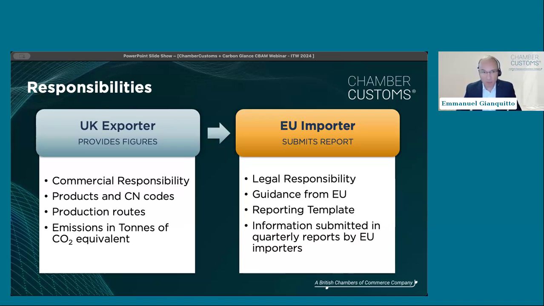Now, this is a little bit more complicated than what we're going to cover in this webinar. But in short, if you're established in the EU with a company and you are the EU importer of record, you will need to do a full CBAM declaration. And if you're using a fiscal representative in Europe, then your fiscal representative will have to do a CBAM declaration on your behalf. And we assume that there will be a recharge arrangement so that any tax or duty that they pay on your behalf will be recharged to you. So DDP, if it wasn't complicated enough before, has become a little bit more difficult.